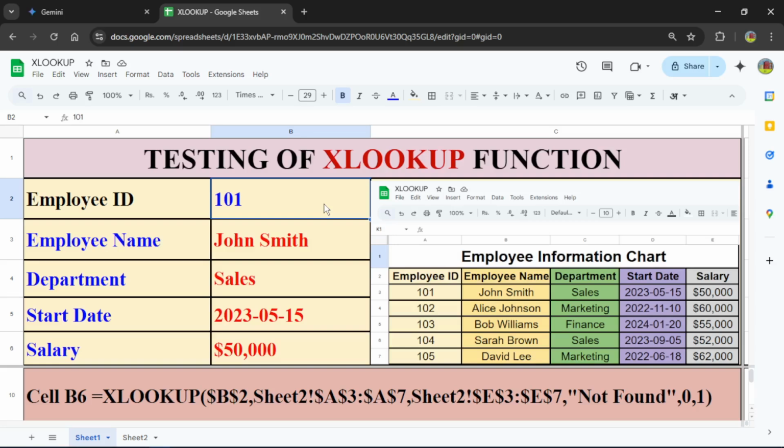I'll change the ID number in cell B2 from 101 to 102. As you can see, the information updates to display Alice Johnson from the marketing department, with a start date of November 10, 2022, and a salary of $60,000. Changing the ID number to 103 shows Bob Williams from the finance department, starting on January 20, 2024, with a